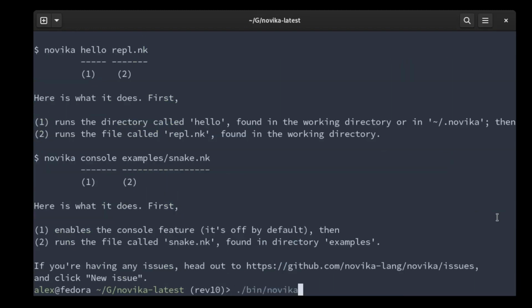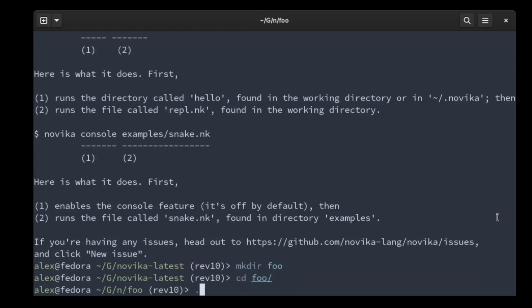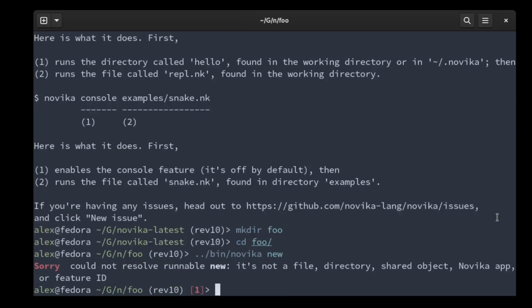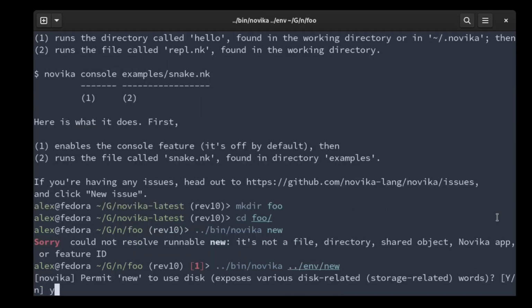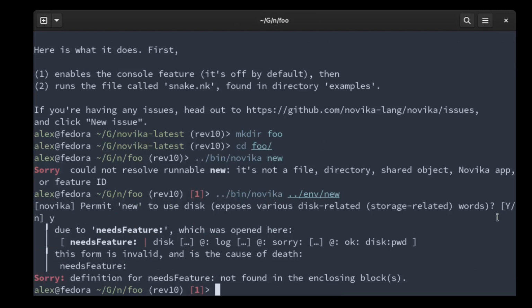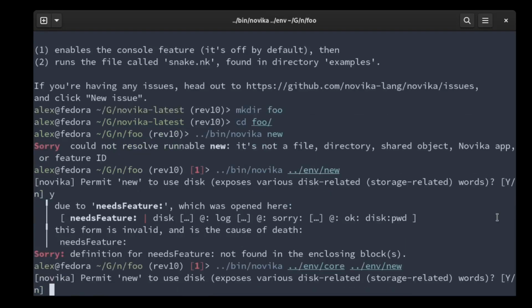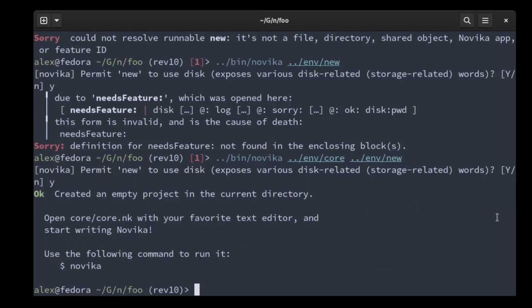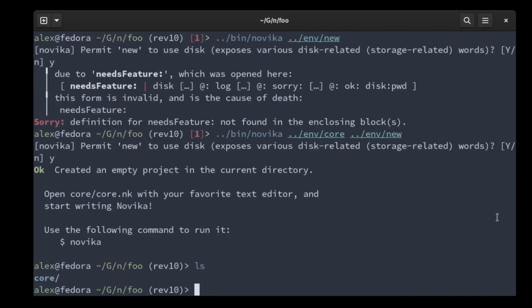Fine. So what we can do is create a test, a foo for example, and here we can run, of course, Novika new. So you can see it doesn't resolve it because it doesn't exist. So let's just do this here. Permit new to use disk. Sure. And this now fails because there is no core. So I basically need to figure out. So now you can see it has created the app,